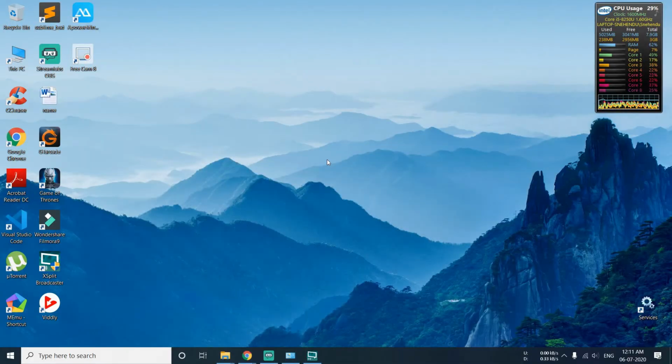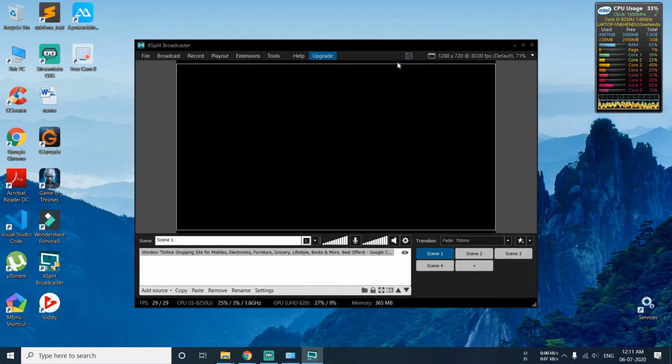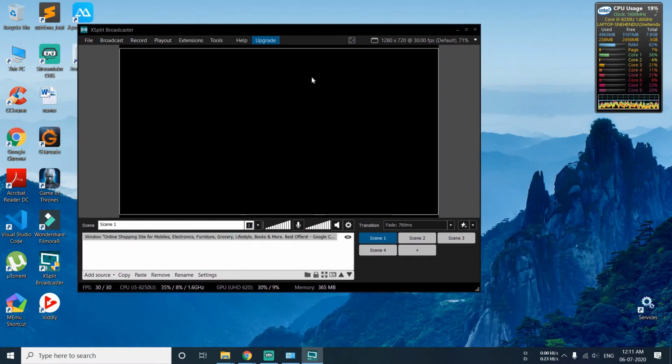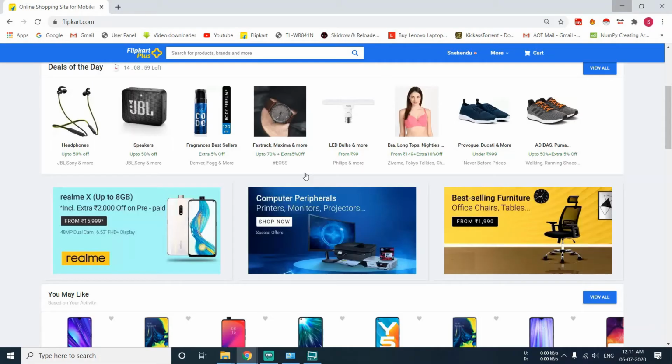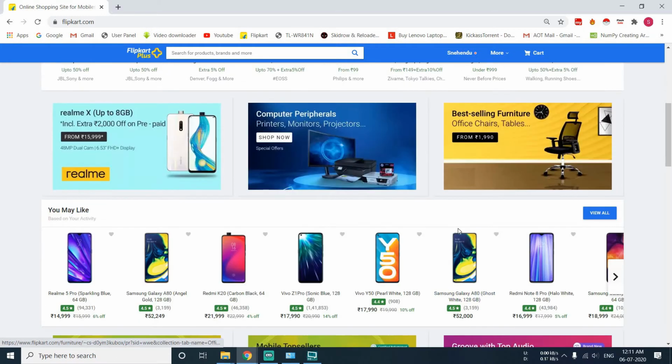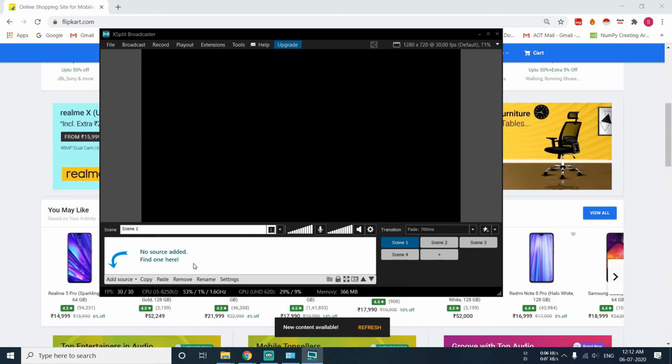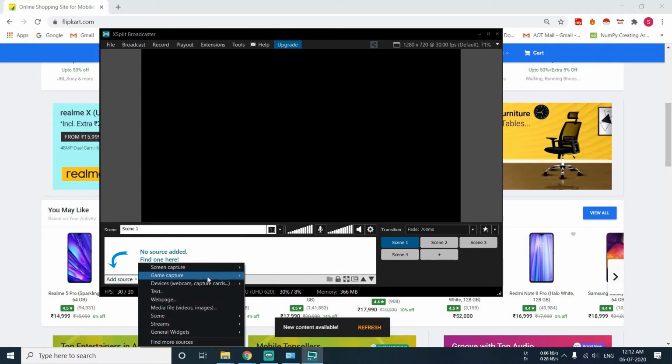Let's come to the main point right now. You have to open XSplit. I have already opened this, and when you first open it, you have to log in with your YouTube account, the account through which you are going to stream. Suppose I'm going to broadcast this Flipkart site. After you log into your broadcaster, you have to add a source. I'm adding a source for